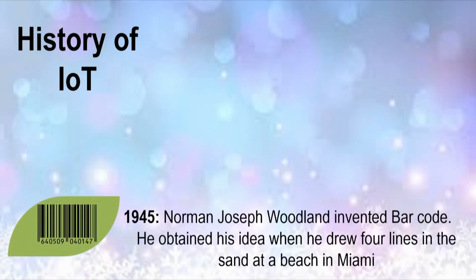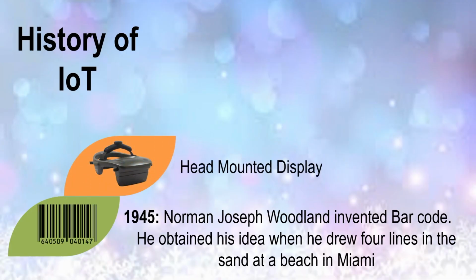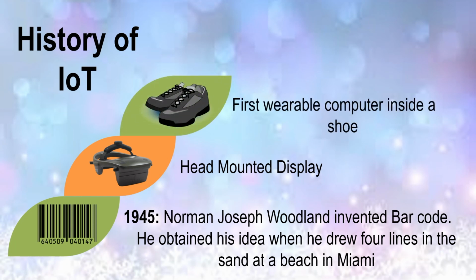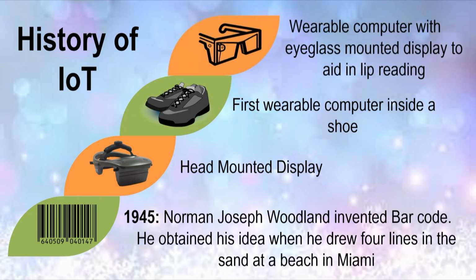In 1945, Norman Joseph Woodland developed this barcode, and it is the starting of the development of IoT. And you see that how he has developed this barcode when he drew simple 4 lines in the sand at a beach in Miami. After that, there are many inventions going on in IoT. For example, head mounted display, first wearable computer inside a shoe and also wearable computer with eyeglass mounted display to